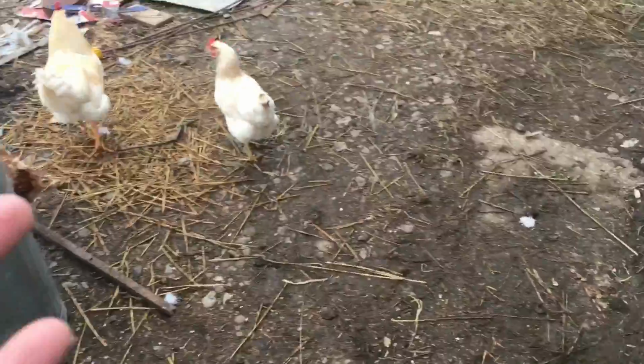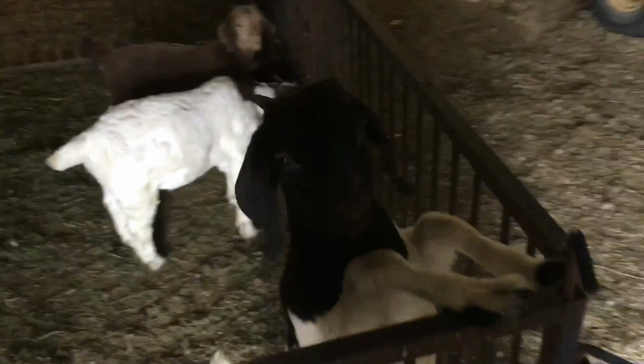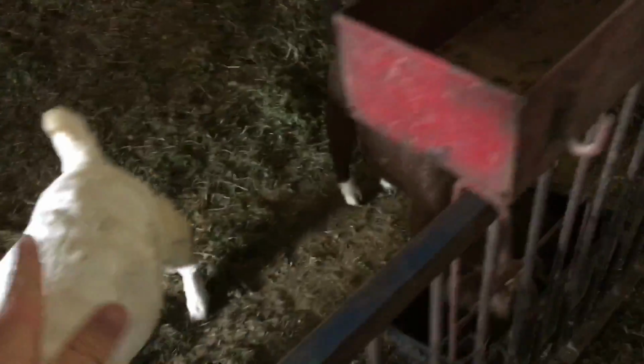So these are roaming chickens. We have 2 roaming roosters and like 3 hens that were hatched out of an incubator. So they didn't get along with the other chickens and they kept getting out of a different pen. So when you walk in, we have a little counter that has a lot of stuff on it. And then we have our little goat kids that you might have seen in my other video. They are weaned, and